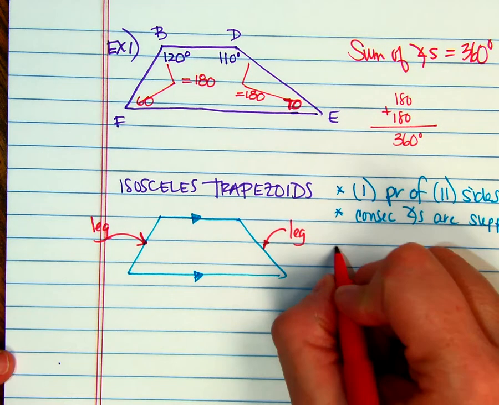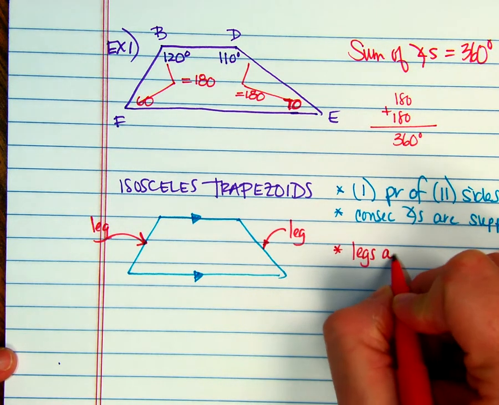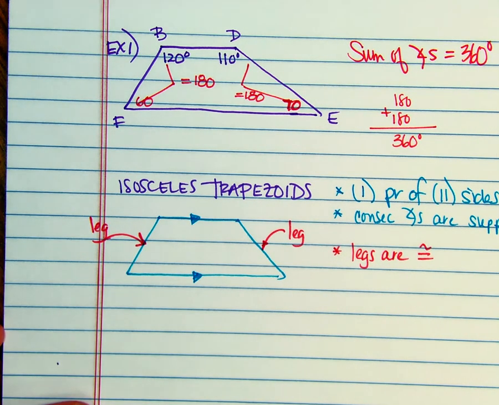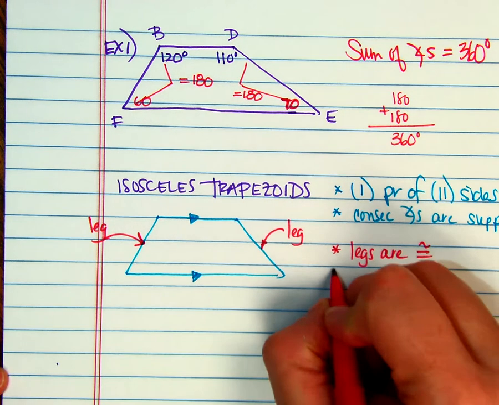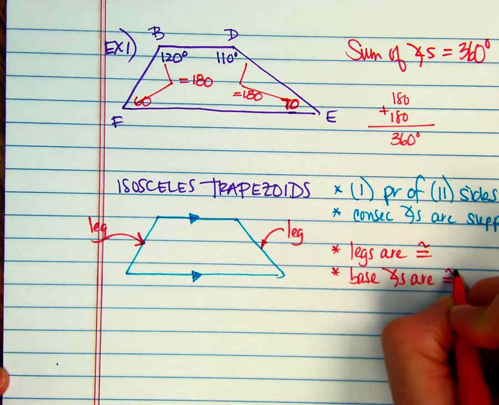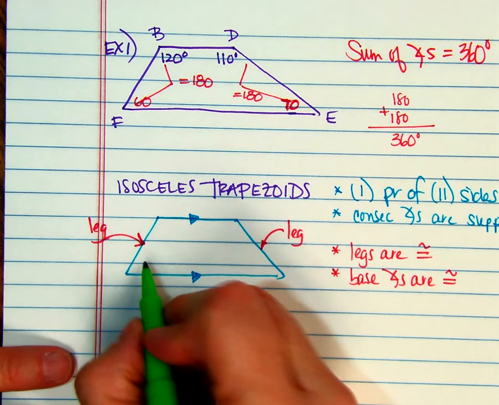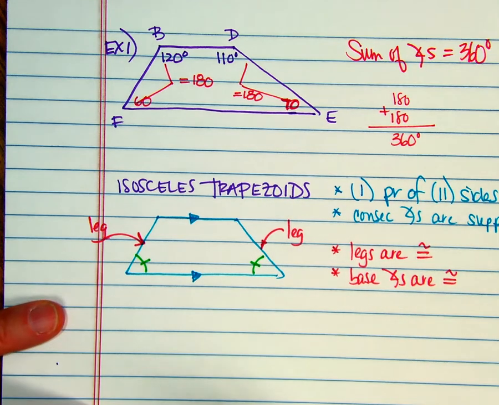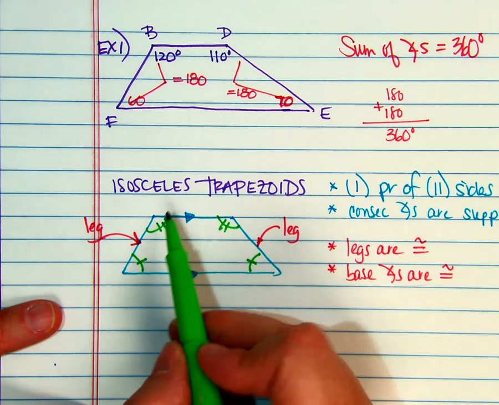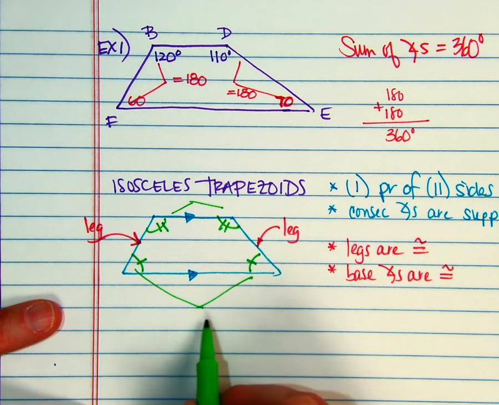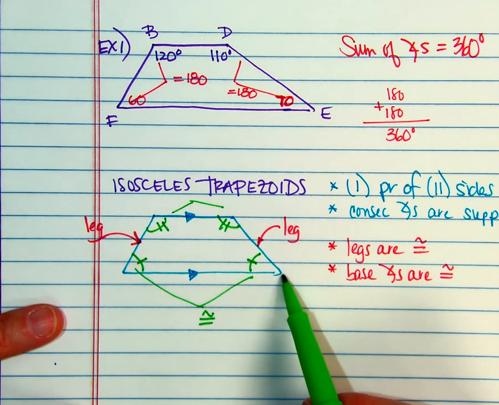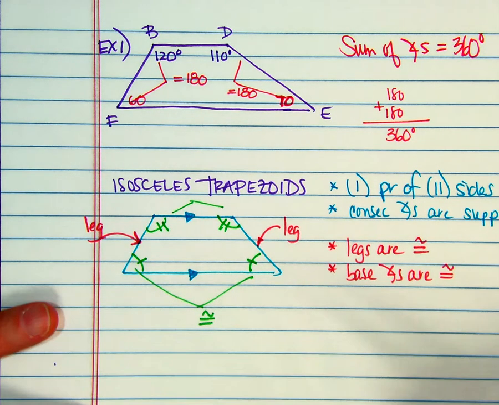And in an isosceles trapezoid, the legs are congruent, and base angles are congruent. Remember we talked about those pairs? So that means that these two are congruent, and these two are congruent. So these are congruent, and these are congruent. So base angles are congruent, the legs are congruent, and there's something else that's going to happen, and that is